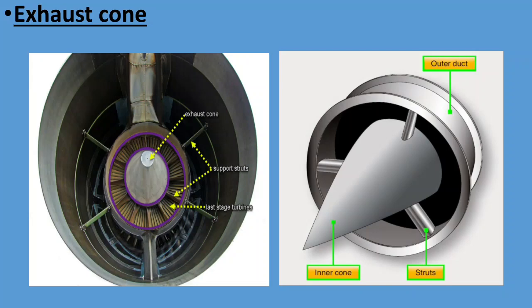The purpose of an exhaust cone assembly is to channel and collect the turbine discharge gases into a single jet. Due to the divergent passage between the outer duct and the inner cone, as you can see in these pictures, gas velocity within the exhaust cone decreases slightly while the gas pressure rises. Radial struts between the outer shell and the inner cone support the inner cone and help straighten the swirling exhaust gases that would otherwise exit the turbine at an approximate angle of 45 degrees.